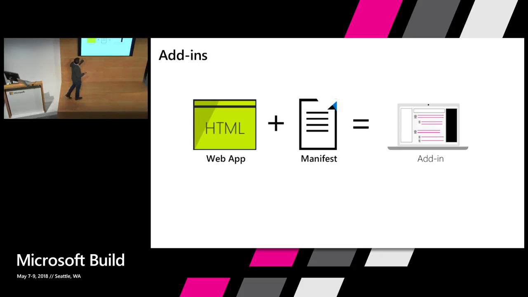This web app is actually accompanied by an XML file, which we call the manifest. Manifest, at a high level, defines how your add-in is surfaced to the end user. And secondly, it defines what permissions your add-in needs. And then it's a write once, run anywhere model. So once you create an add-in, the same add-in runs on Outlook for web, on Outlook desktop, on Outlook for Mac. And the way the add-in gets access to the host, which in this case is Outlook, is through a JavaScript API, which is called office.js.